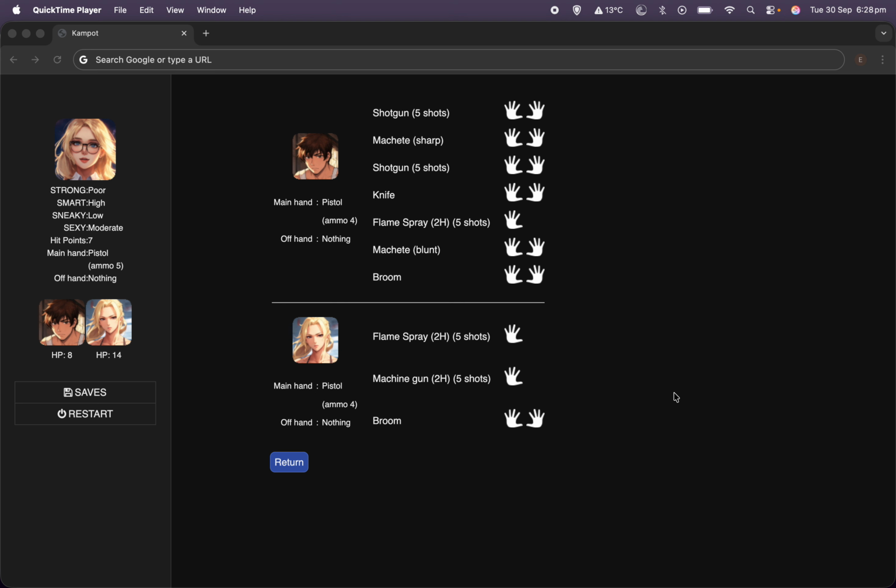In this video, I would like to continue talking about my current project of coding the combat system for a viewer's game. So, as you can see, we're in the companion inventory screen where I have made some changes to the layout. For example, this horizontal line if we have two companions. And also, probably most importantly, it now displays what the companions are currently holding, as well as what's in their